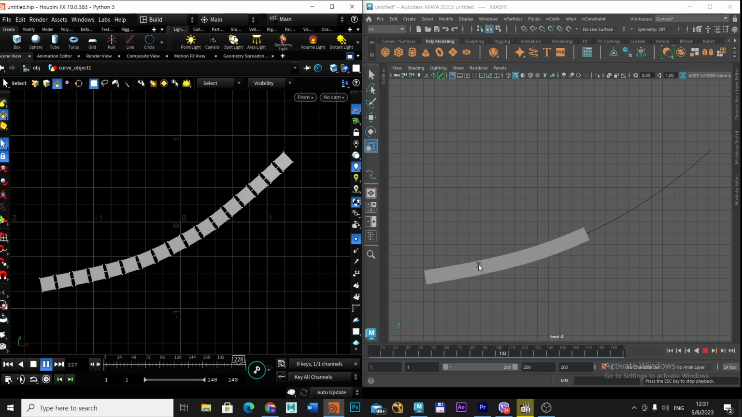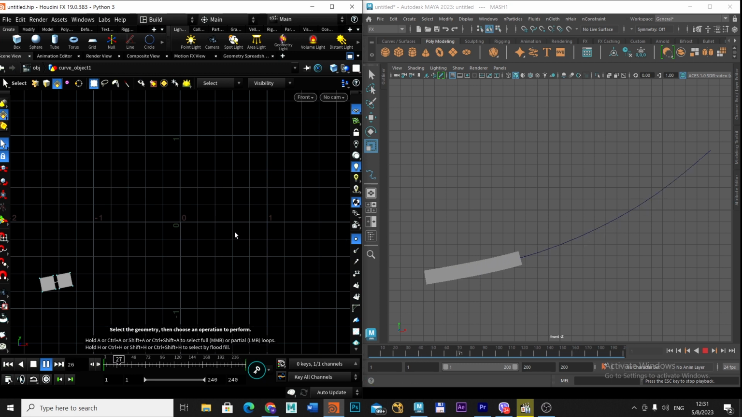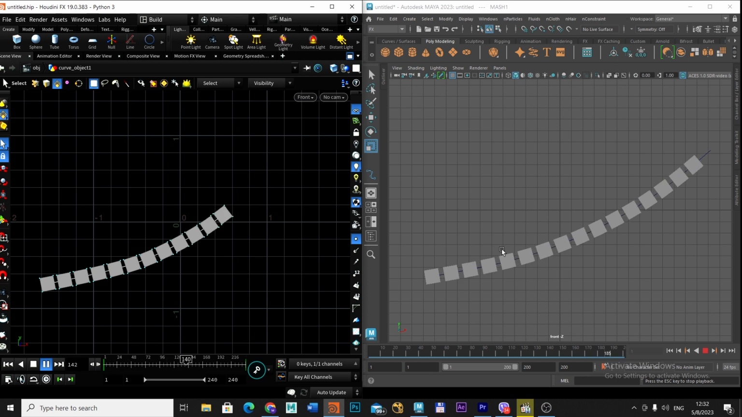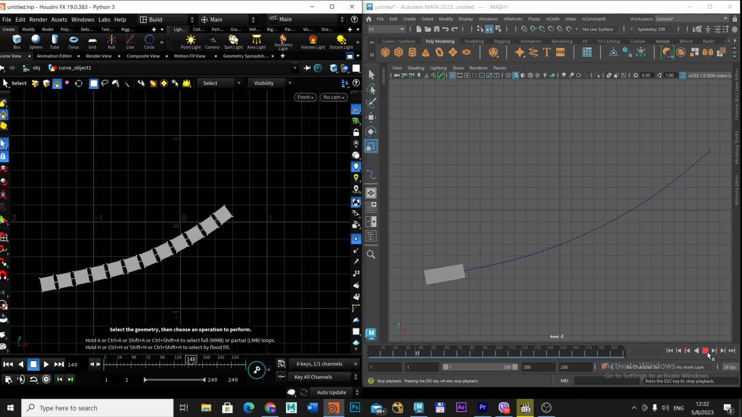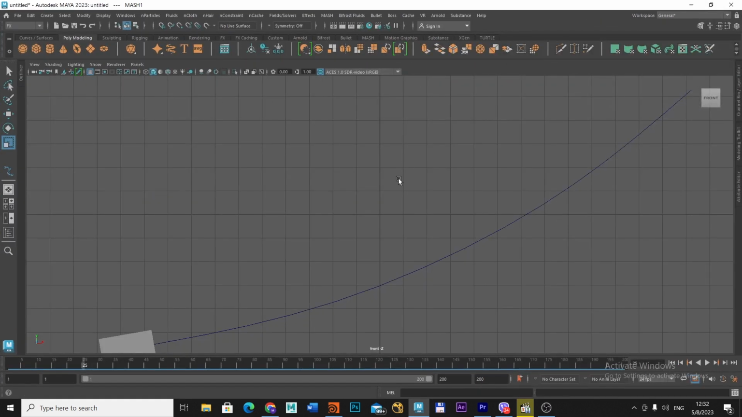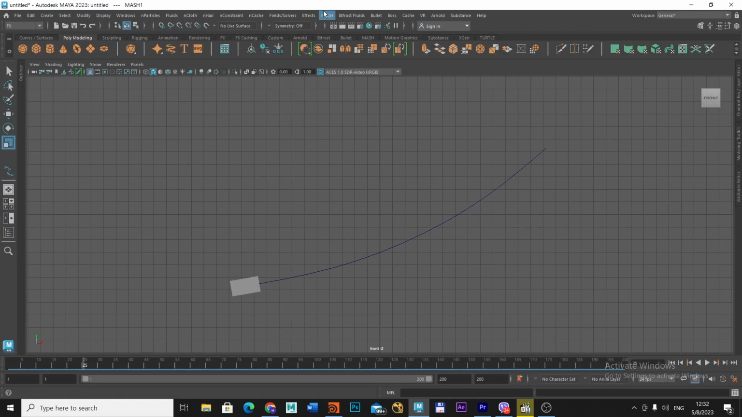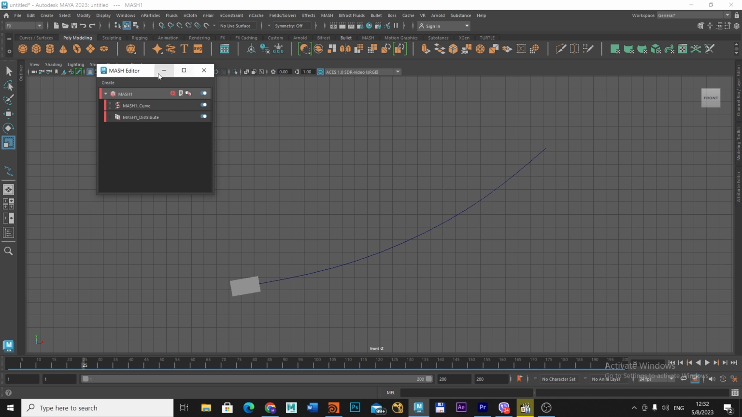So if you would like to have the same result, the animation looking exactly the same, we need to use another approach in Maya. Let's stop our animations and go to Maya. So in Maya, if we open our mesh editor and then open the outliner,